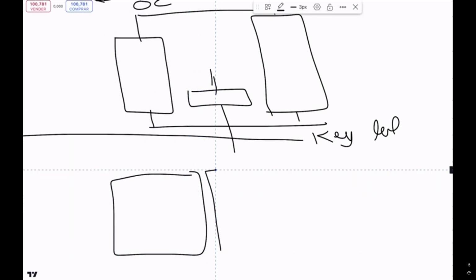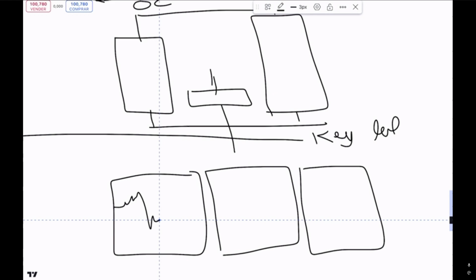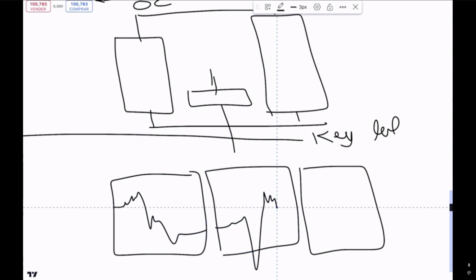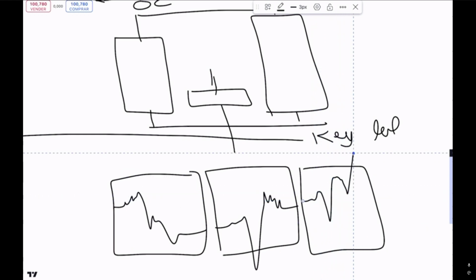Again, I urge you to not look at the pattern. It doesn't matter. I don't care about the pattern. All I care about is one of these ranges. I'm going to trade one of these ranges, right? Turtle soup, key level, structure shift in the second candle, OTE, and kiss of death in the last candle,